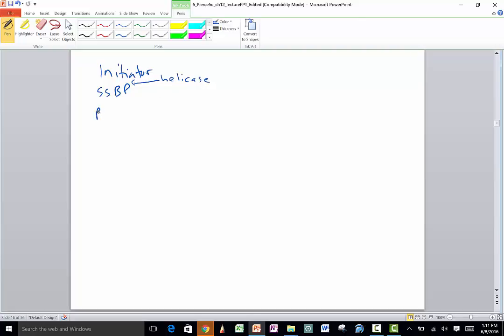Then we have primase that makes a primer. DNA polymerase 3, which is the main DNA synthesis enzyme. DNA polymerase 1, which removes the primer and replaces it with DNA. And then DNA ligase, which seals the nicks